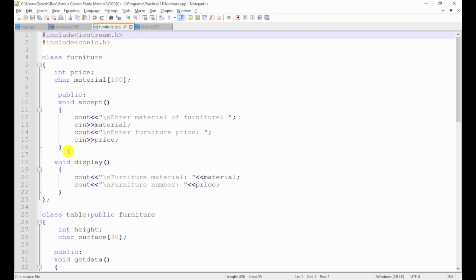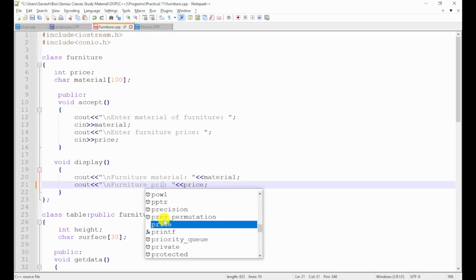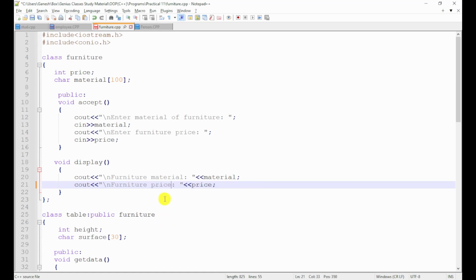Then similarly we are designing the display method to display the output. So the furniture material is displayed and furniture price is displayed. So we have to change it here, price. So this is the display method. Finally the class is closed. Now our furniture class is ready, so we can create an object of the furniture class, but